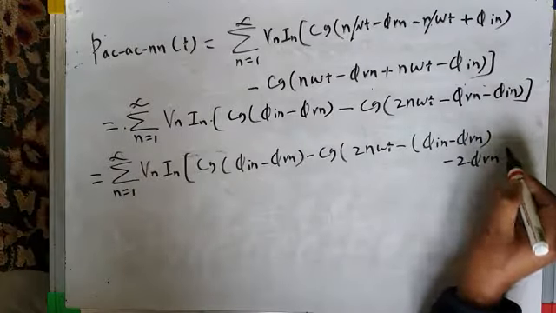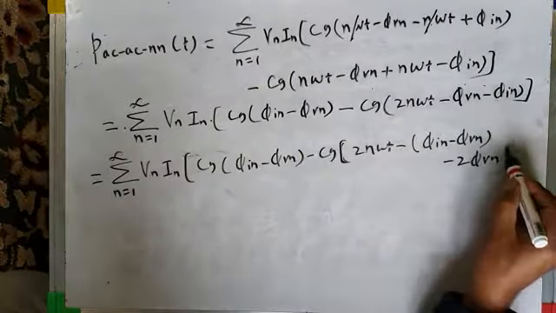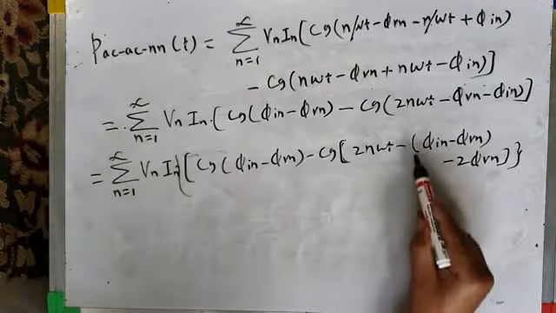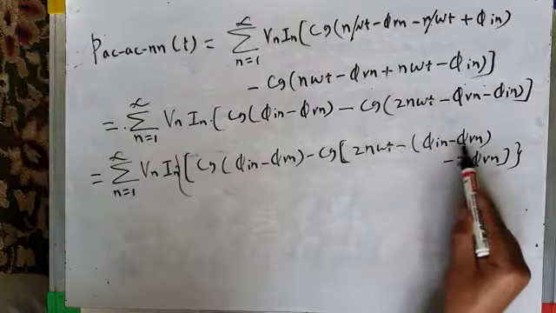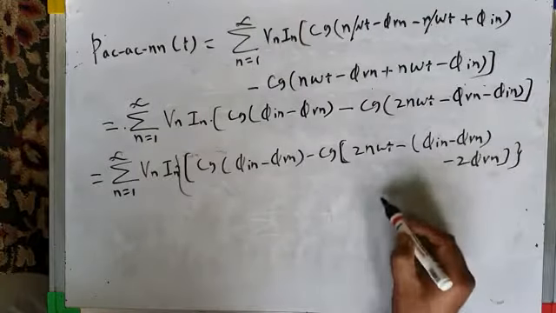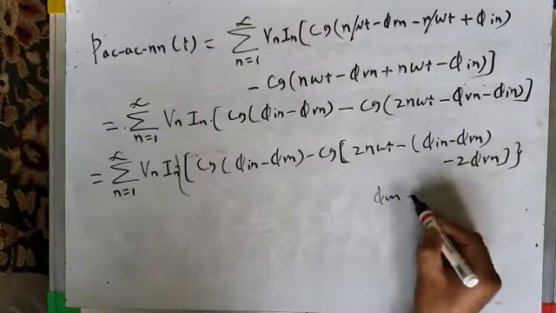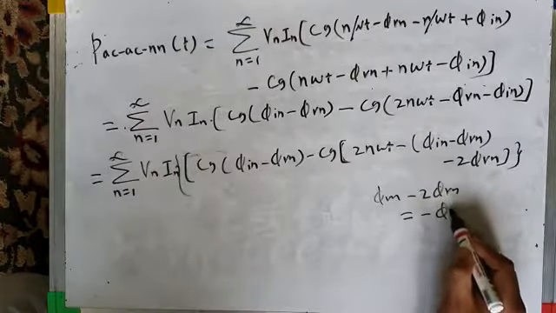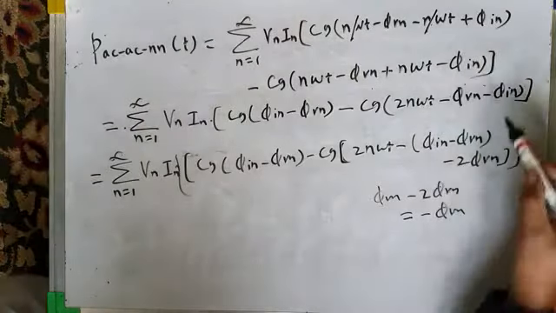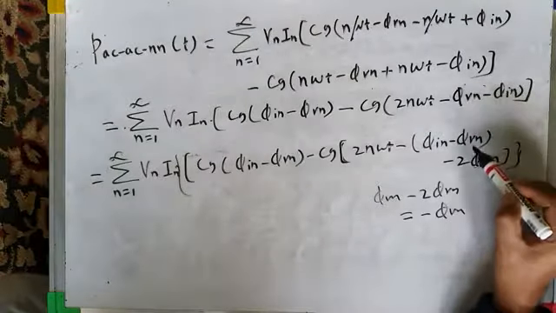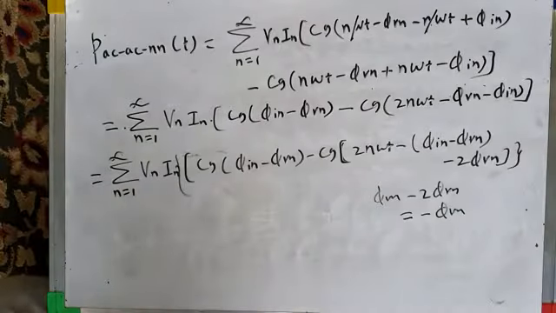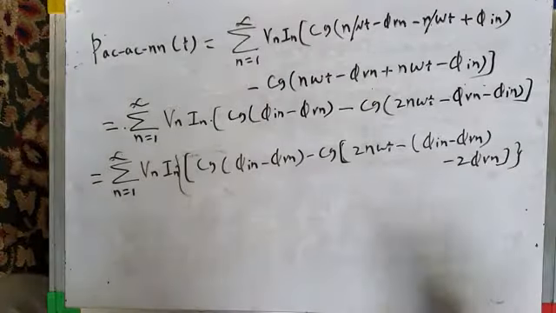It is the same thing. It will give rise to the same thing. Because this is minus phi In, minus into minus is plus phi Vn. See, plus phi Vn and then minus 2 phi Vn. What is that equal to? That is equal to minus phi Vn. So that gives this. Therefore, this minus phi Vn I have written as plus phi Vn minus 2 phi Vn. So it's one and the same thing.